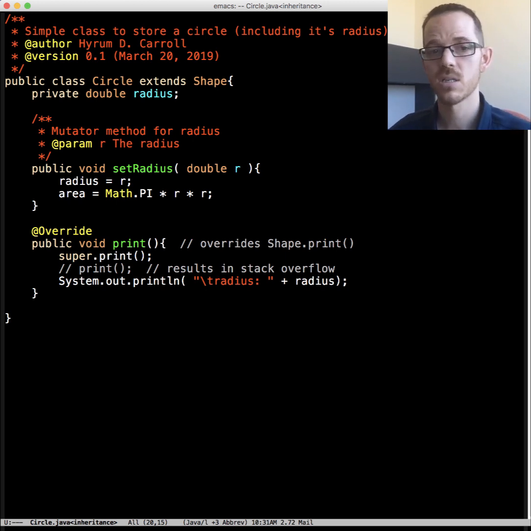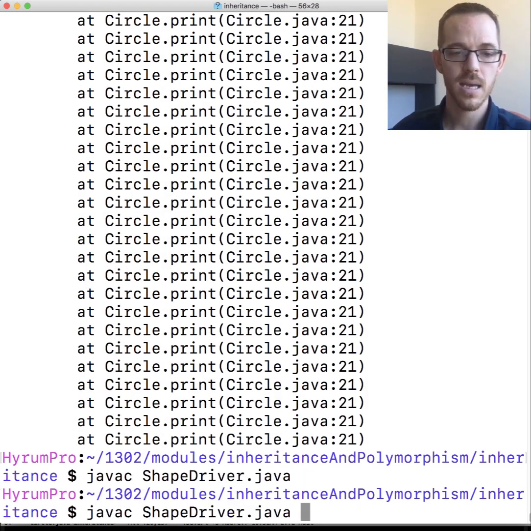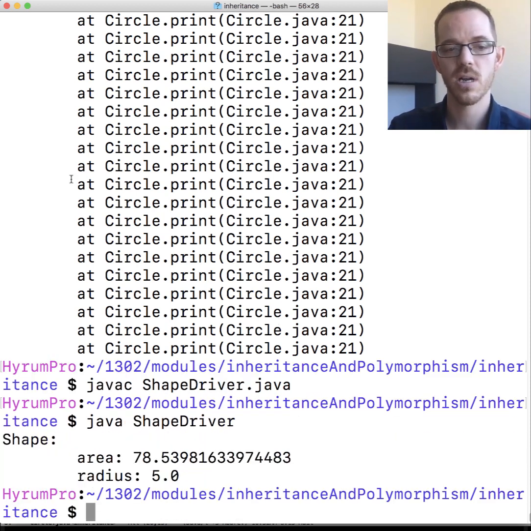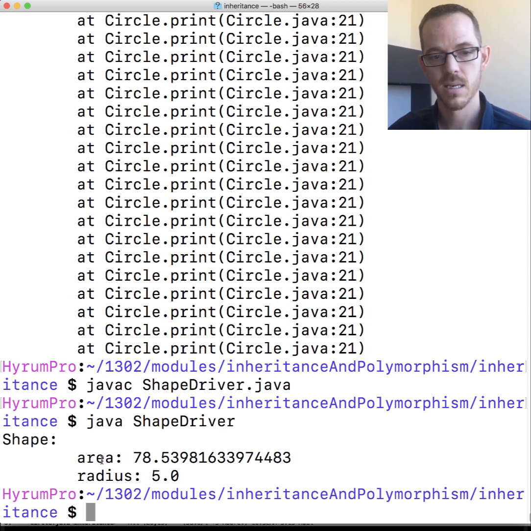Let's see if this works now. Yay, it compiles, so that is a keyword. And we run it, and sure enough, we get shape area from the super.print, and then we move on to radius and display radius there. So now we are reusing this code and then extending it,